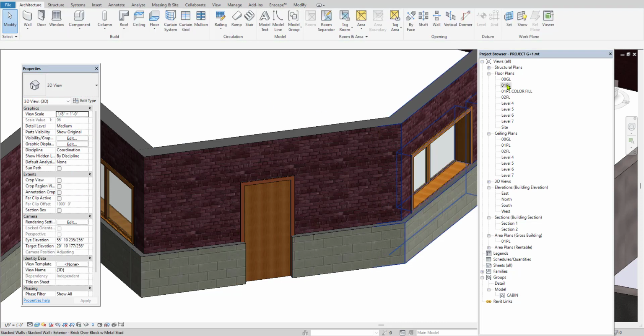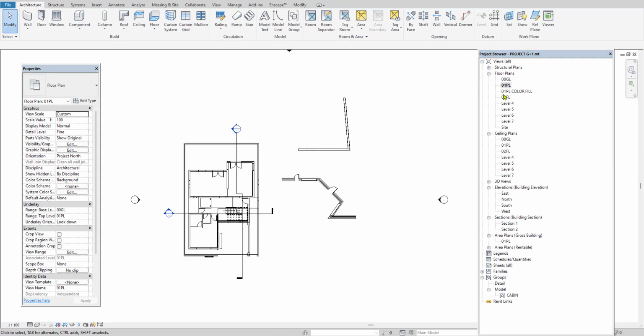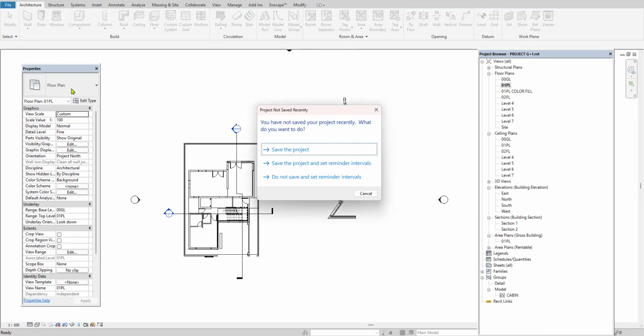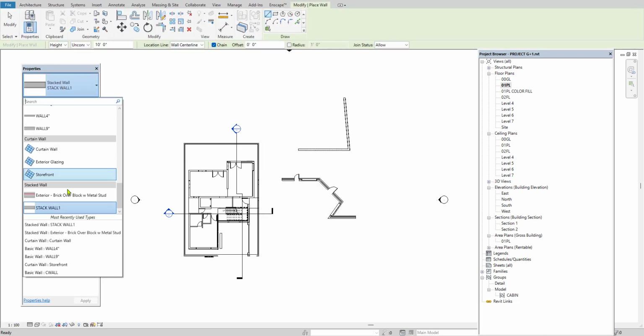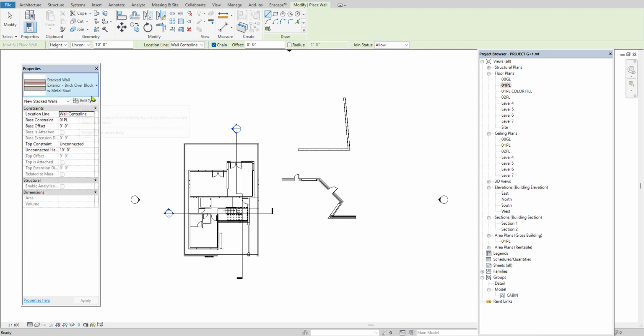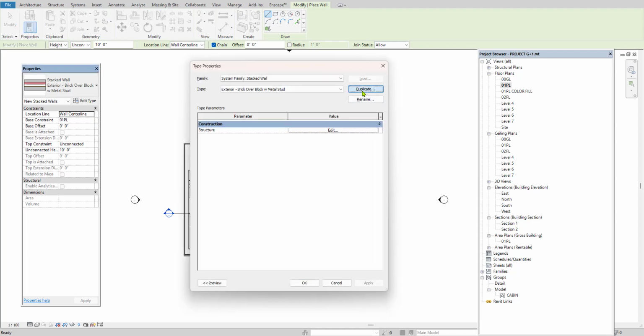To make a stack wall, I am in the plinth level, or you can go to any particular level and then click on the wall, and select wall architectural. Just below the basic wall and curtain wall, we have a default stack wall. You can customize it however you want. For that, I am clicking on the default wall and then going to edit type. Click on duplicate and then give the name of your stack wall. Whatever name you want to give, you can give it, and click on the edit option.